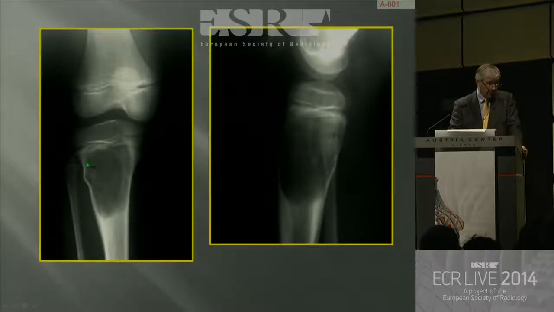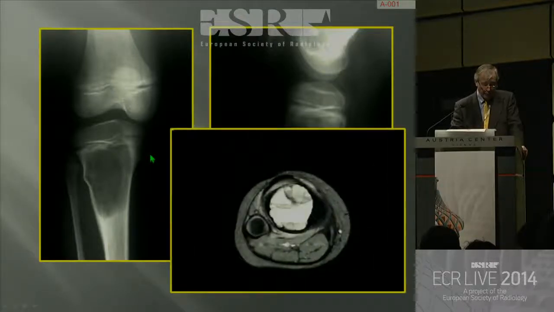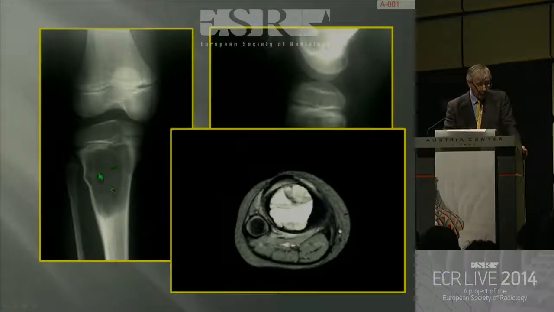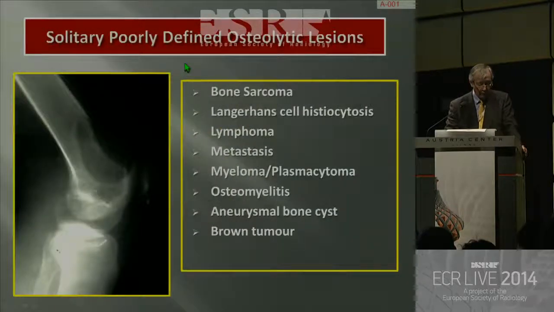Some bone replacement lesions may look a little ill-defined and thin the cortex very sharply. Here you see an example. And in this case, the additional follow-up examinations are very useful because they show these fluid levels, which help you to a diagnosis of an aneurysmal bone cyst. But the plain film is pretty indicative of that in the age group, in the position, and with this expansion and marked thinning of bone. Poorly defined osteolytic lesions are more likely to be in the sarcoma region, lymphomas, metastasis, and